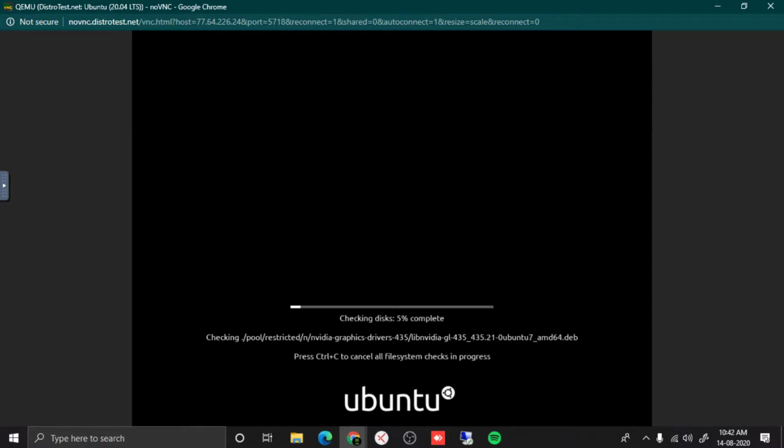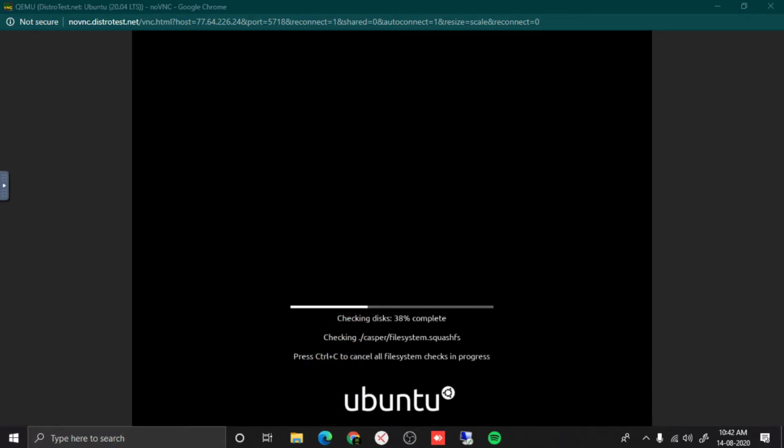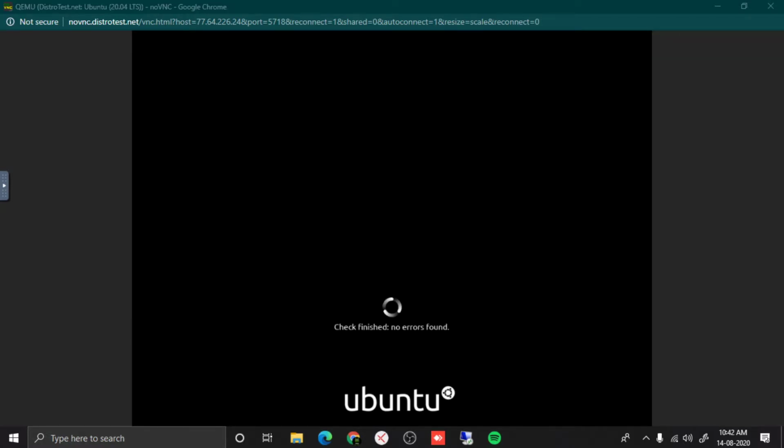Here on this screen my Ubuntu operating system is starting. As you can see, I haven't installed this operating system on my computer. I am using Windows 10, but on top of Windows 10 I am using the Ubuntu operating system without installing it. This is not installed on my hard disk or anywhere. I am just using it on the internet. So let it boot up and then we will use it. It takes a little time.